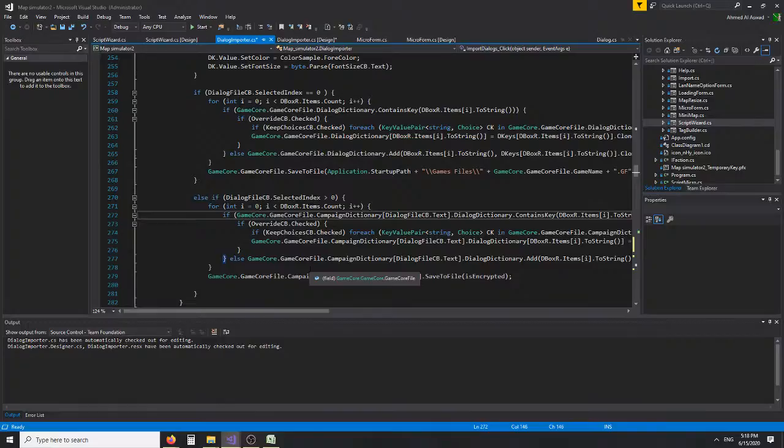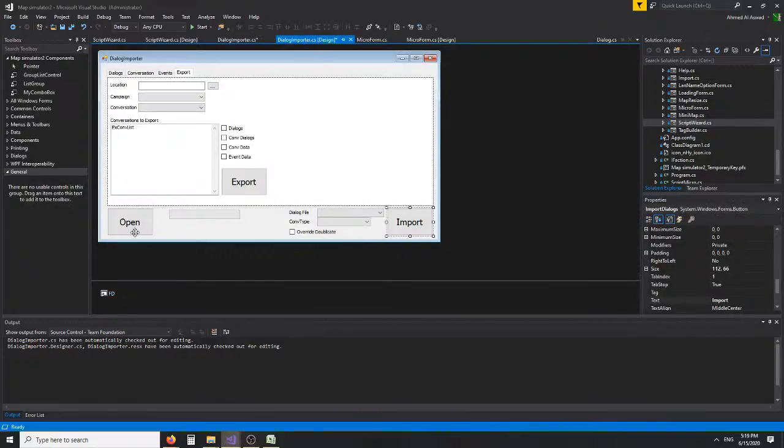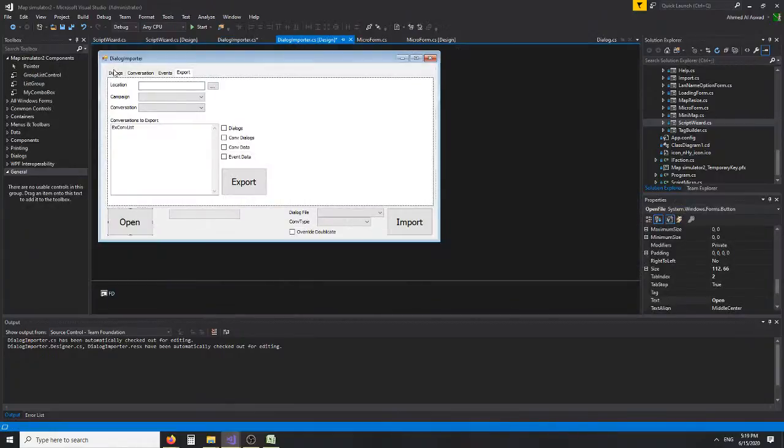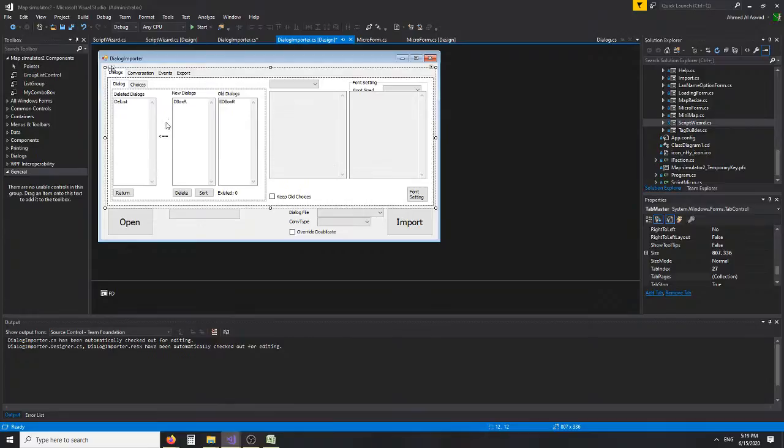So this one will confirm the conflict when you open the file. I want to prevent myself from cursing. When I open the file in here,